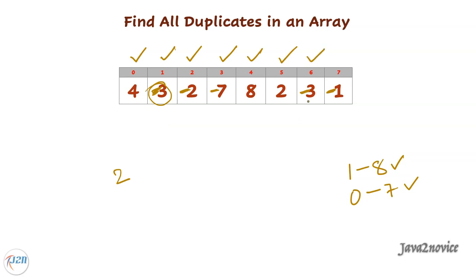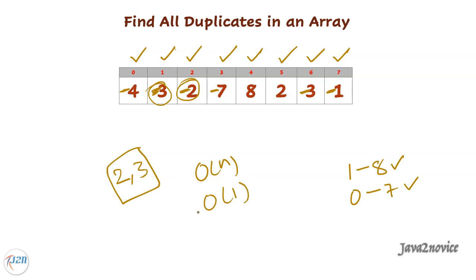We will move to the next iteration. 3 is the current number. 3 minus 1, which is 2. Again, index 2 has a negative number. So 3 is also a duplicate number. We have already visited this number, that's why it is marked negative. We will move to the next iteration. 1 is the number. 1 minus 1, which is 0. We need to visit index 0. Let's mark it negative here. We are done with all iterations and we found all duplicates. 2 and 3 are duplicates here. Simply return them. The time complexity is order of n and the space complexity is constant, order of 1.